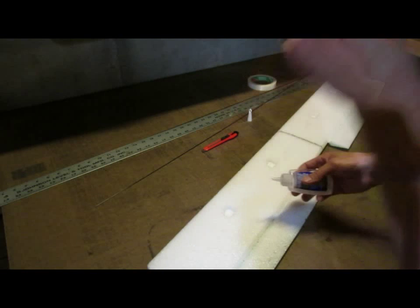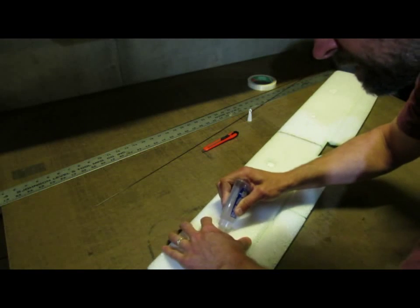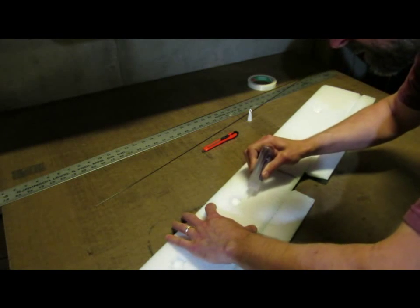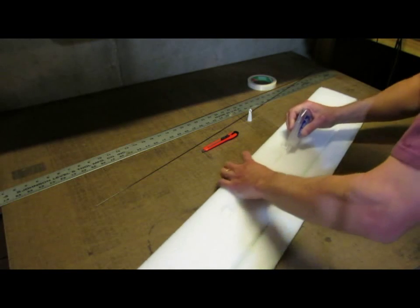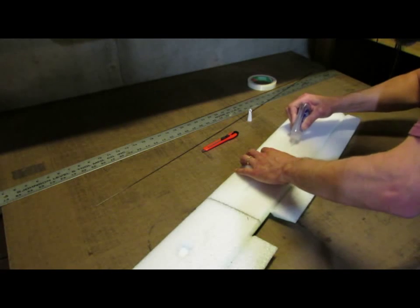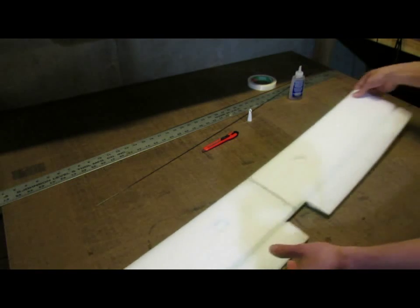It doesn't take a lot because that slot's going to close up around it, but we want to be able to get good glue coverage on the spar itself. So I'm kind of using my left hand to spread the foam a little bit, and just light pressure squeezing the bottle to get some glue down in that slot. Okay,